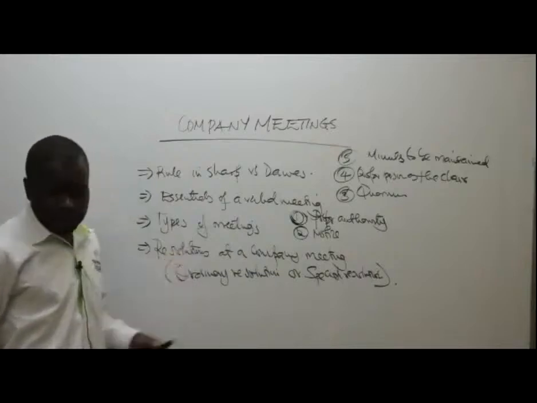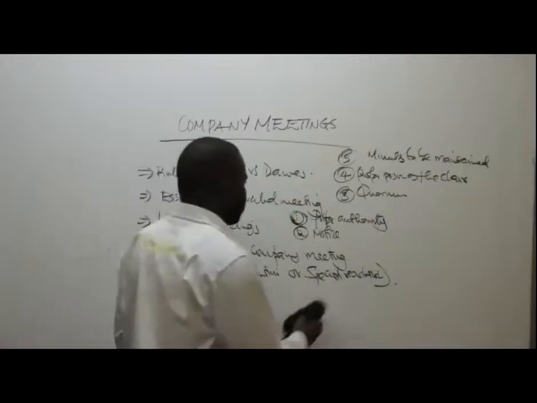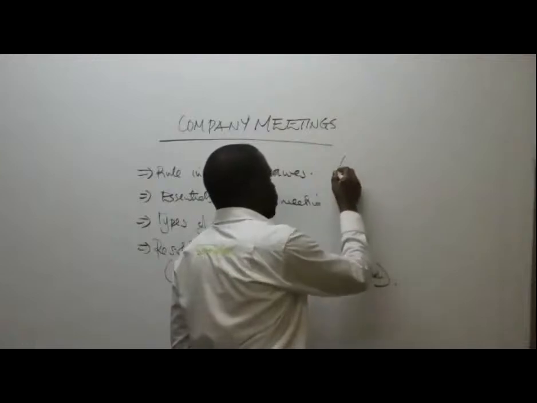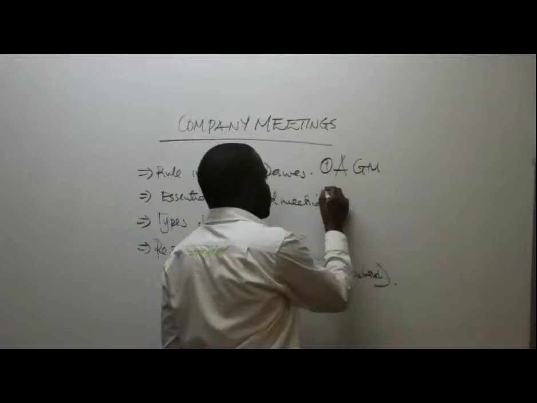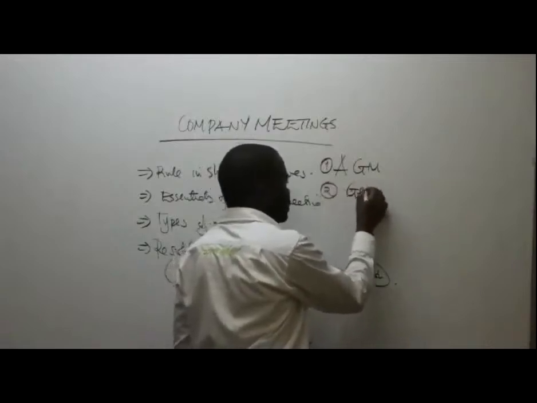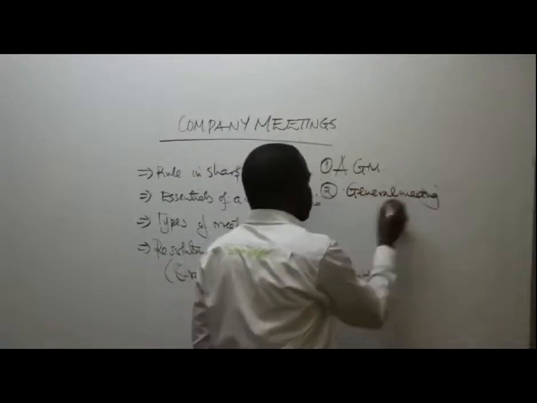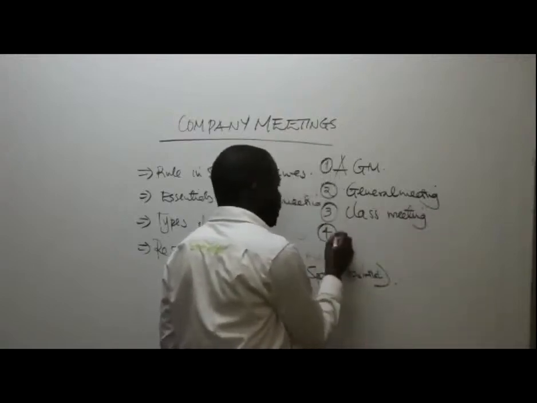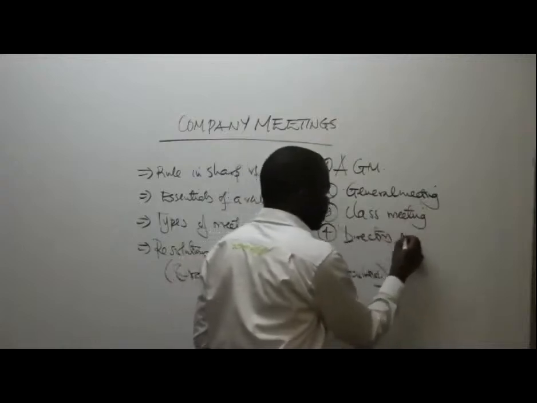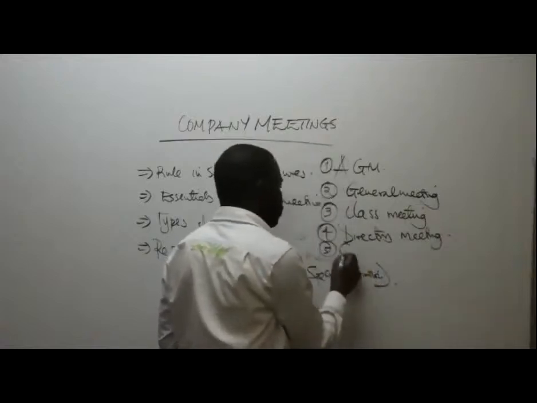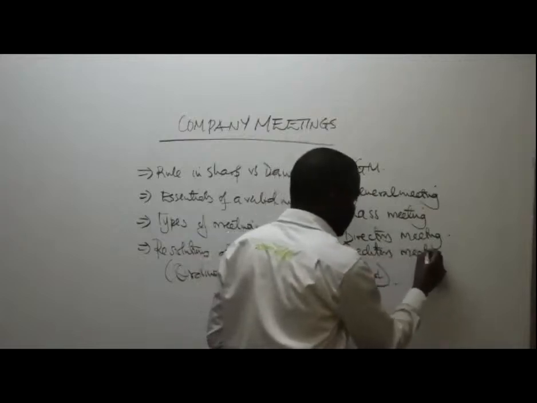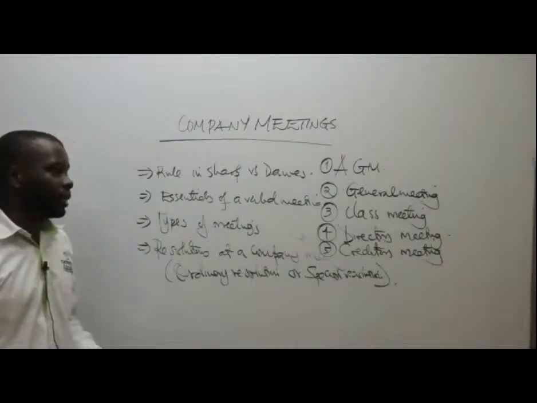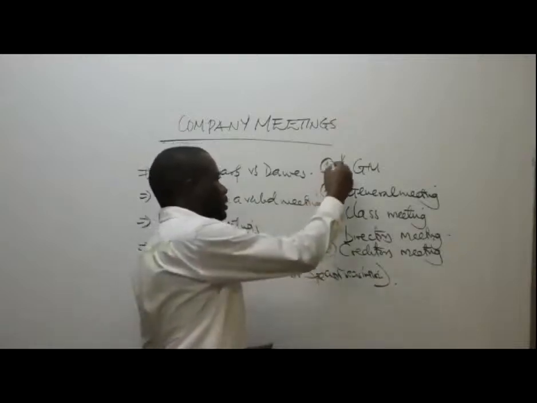Now we can look at the types of meetings we can have in a company. We can have what we call an AGM, or in full, an annual general meeting. Then you can have a normal general meeting of the company. Number 3, we can have a class meeting. Number 4, we can have a directors meeting, or board of directors meeting. Number 5, we can have a creditors meeting in a company. These are some of the types of meetings that can be held in a company. The most key ones to understand are the AGM, the general meeting, and